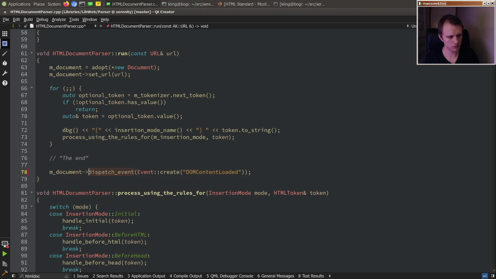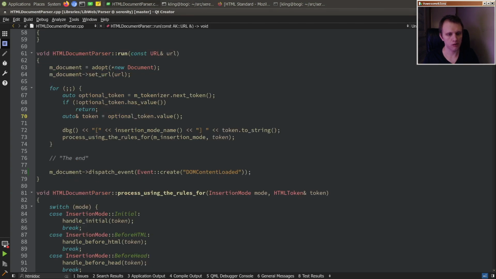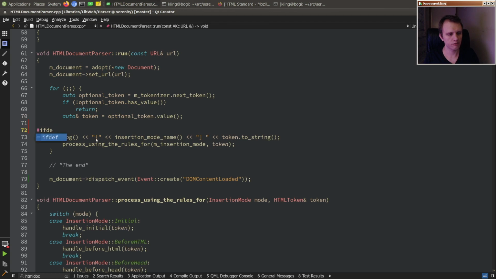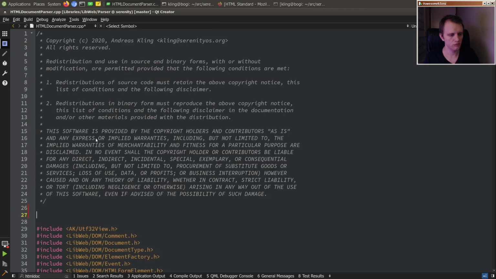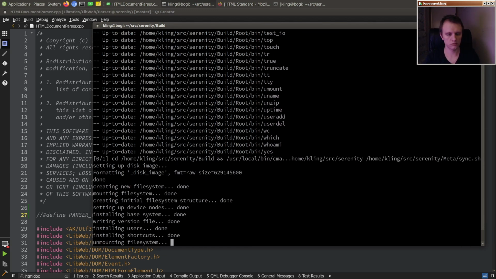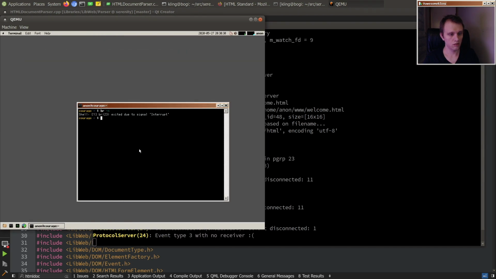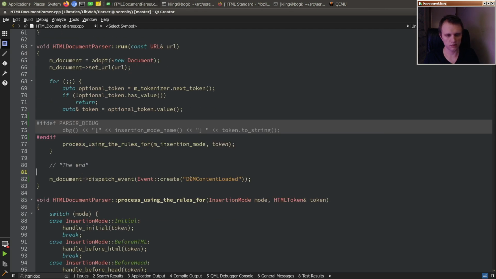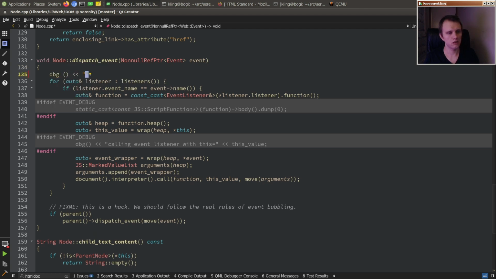Am I messing this up? How am I messing it up if I am messing it up? Dispatch the event. I guess here we can say if definitional debug, or we'll say parser debug. Okay, so we loaded, but did we do the event? Dispatch event. I guess we can say here, dispatching event